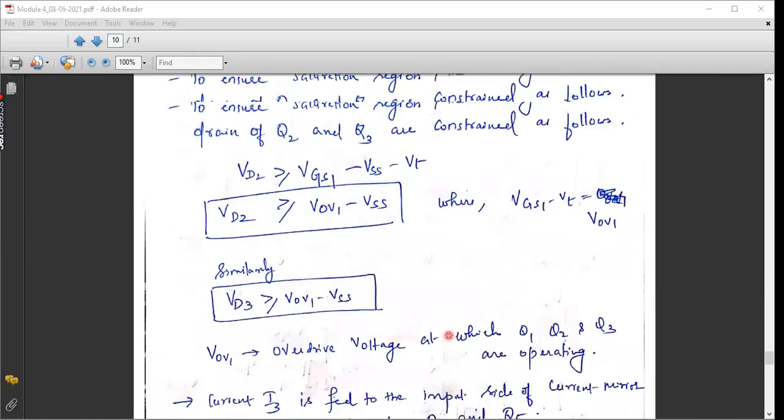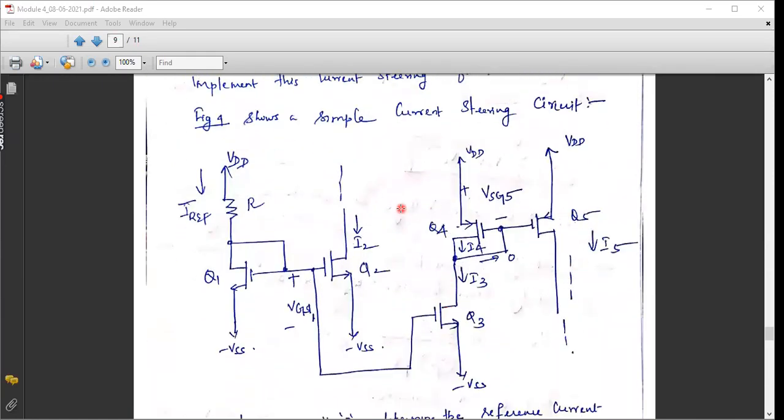Now, you can see that all these circuits will be inside the IC. Now, I'm going to compare the two transistors Q2 and Q5. What is the functionality of these transistors? You are pushing a current I2 into the load. Here I will be connecting the load, right? What is the load? Load is nothing but the amplifier part or the active circuit, which is going to work with this particular current mirror circuit.